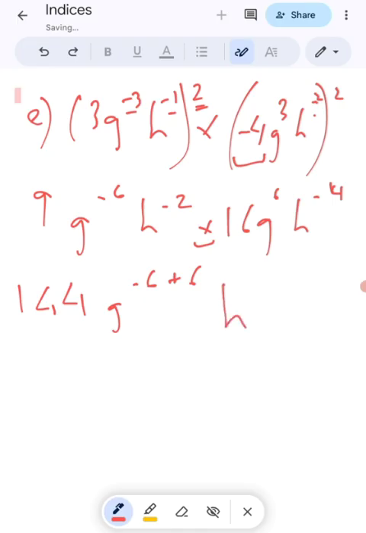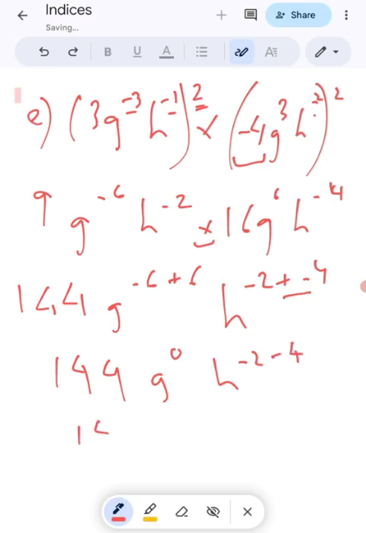Now h to the power minus 2 was there, multiply sign means a plus, and this h to the power minus 4 as it is. So 144, minus 6 plus 6 makes a g raised to the power 0. Okay, and h minus 2 plus minus means a minus. So 144 g to the power 0, anything raised to the power 0 is your 1, and h to the power minus 2